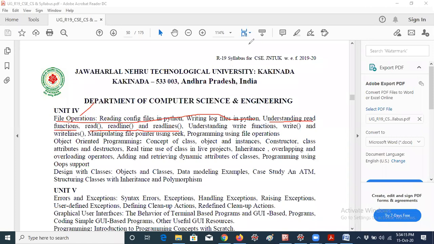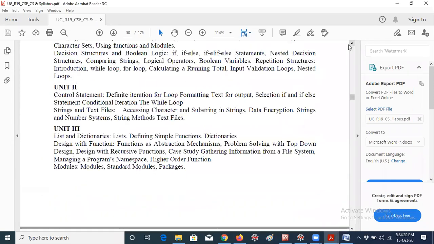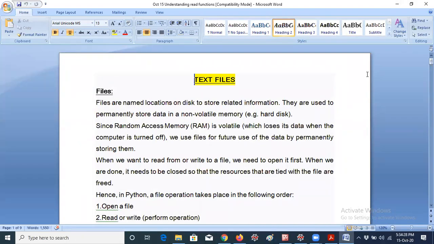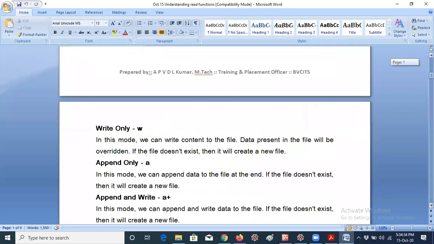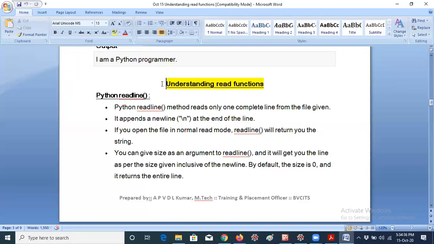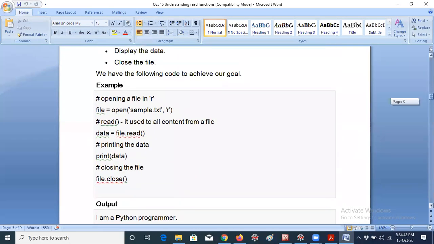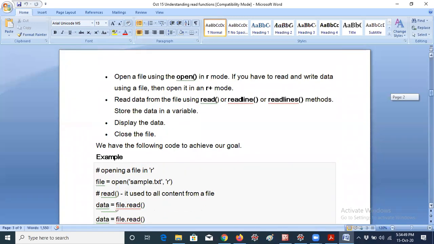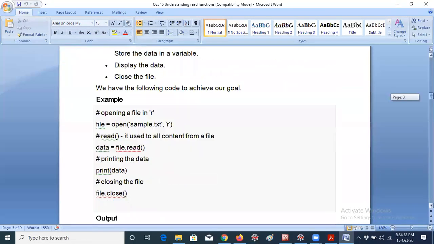But before going to those three concepts, I already discussed the text files concept, and we also submitted an assignment regarding text files, how to create a text file and so on. In Unit 2 I discussed that, so I'm opening those notes, which I have already forwarded. Let me open them again, because before understanding today's read functions, I would like to recall the Unit 2 concept, since some students may forget. In that material I have already shared up to this point.